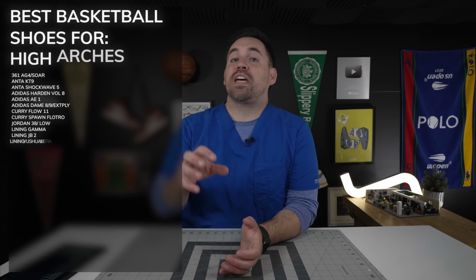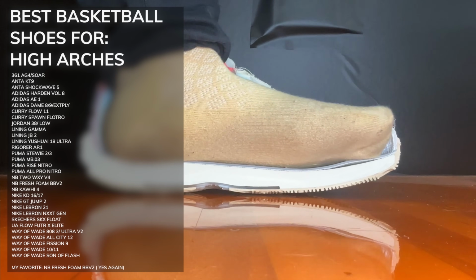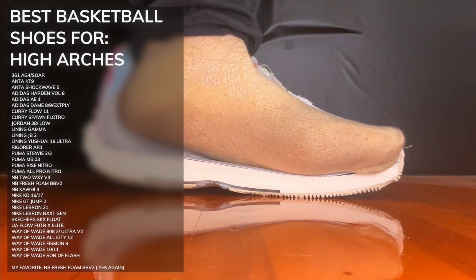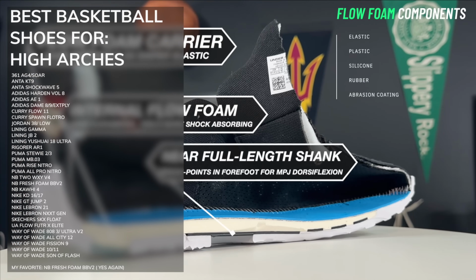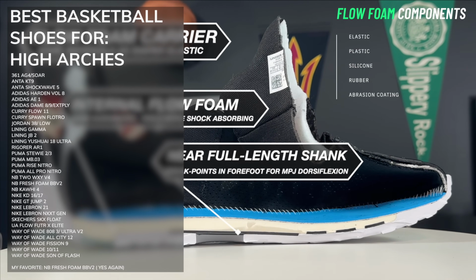And if you're someone like me with a very high arched foot, probably a very heavy strike when you come down on the ground, people can always tell you're coming from a mile away. You really want a shoe that has good protection in the heel as well as the forefoot. Once again, like Curry shoes, with the Flow foam are really nice for that as long as you fit the